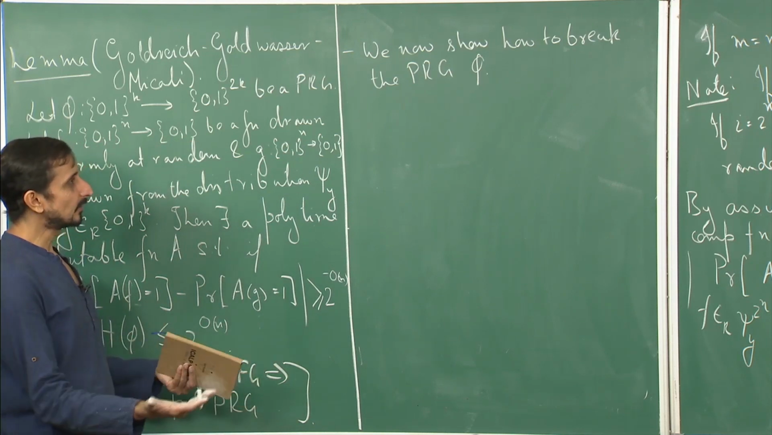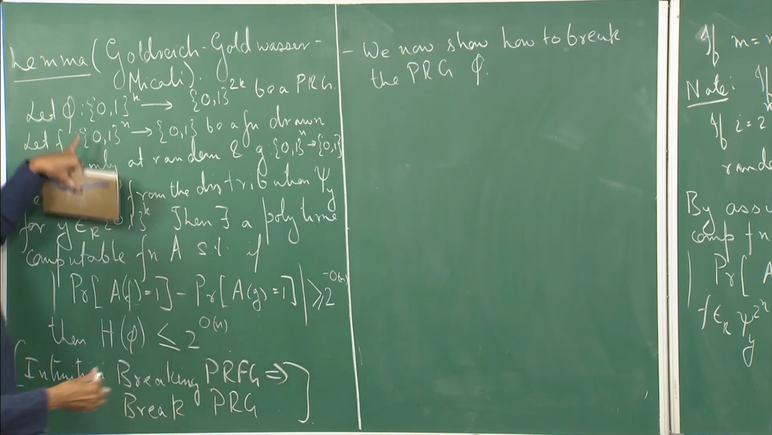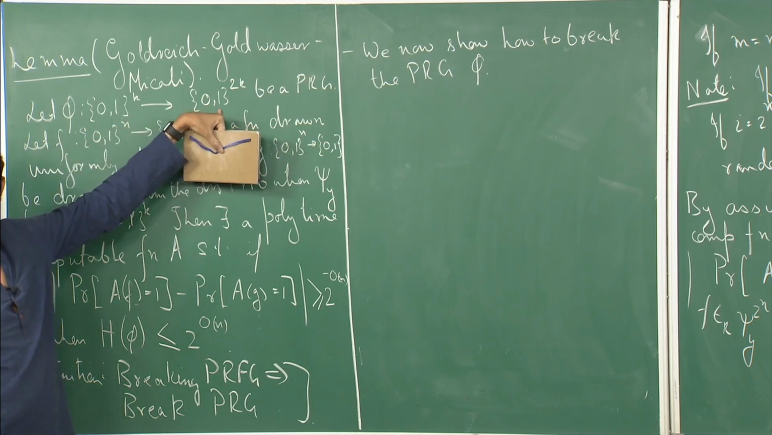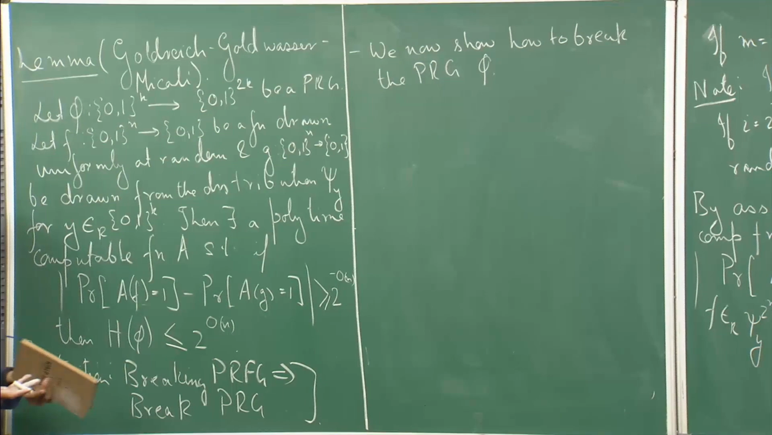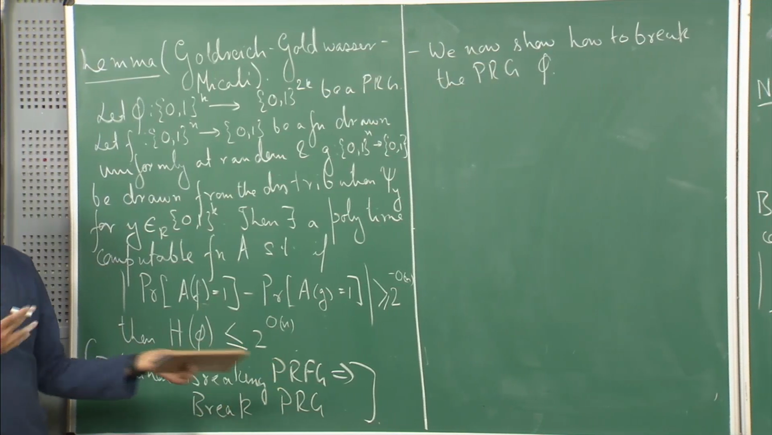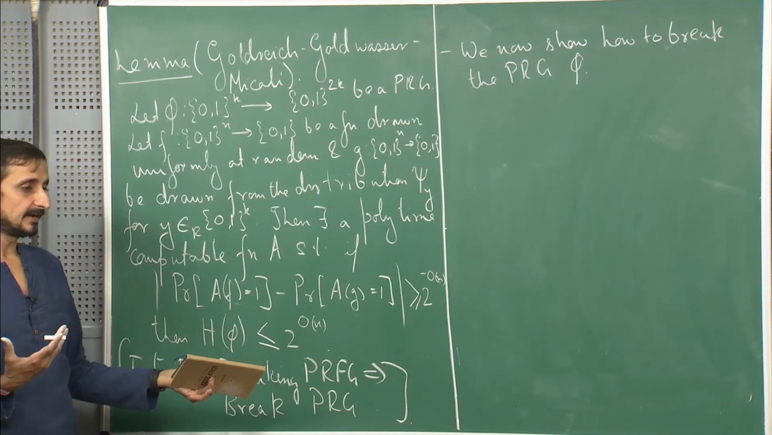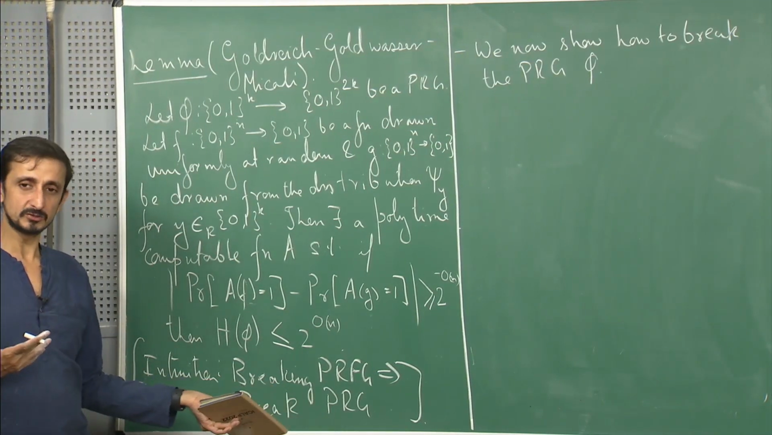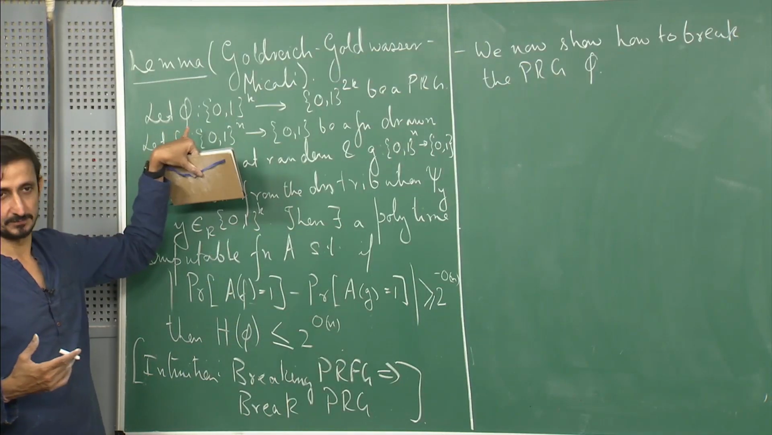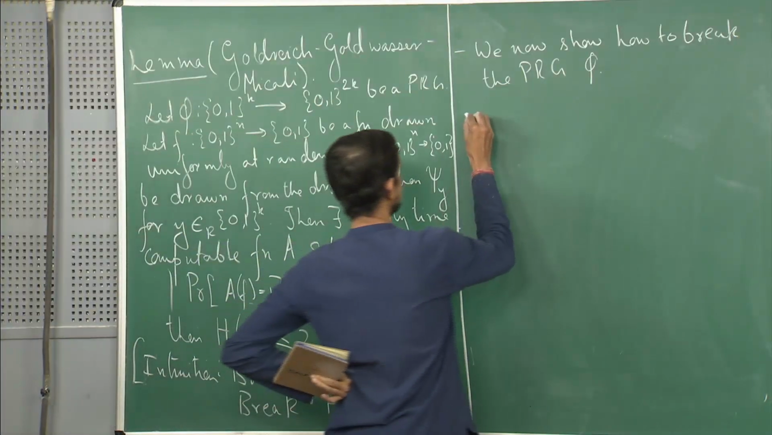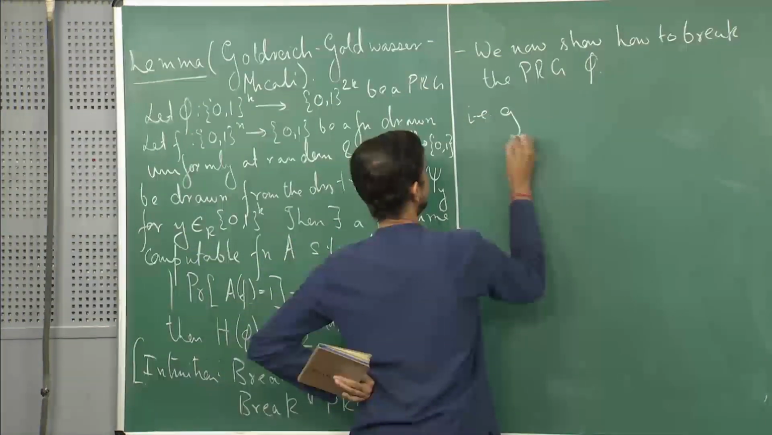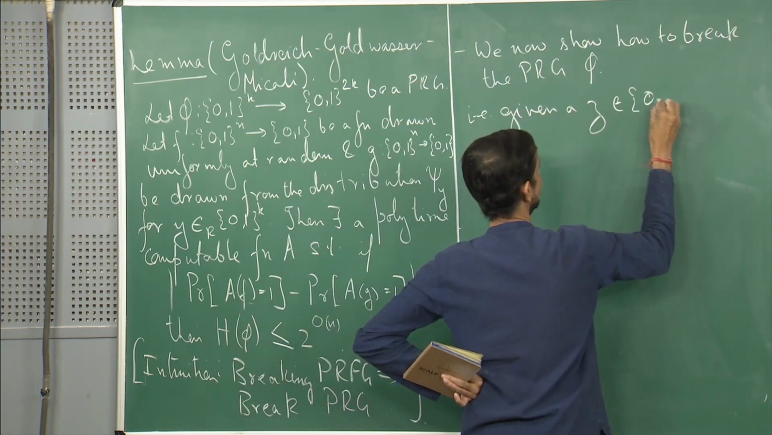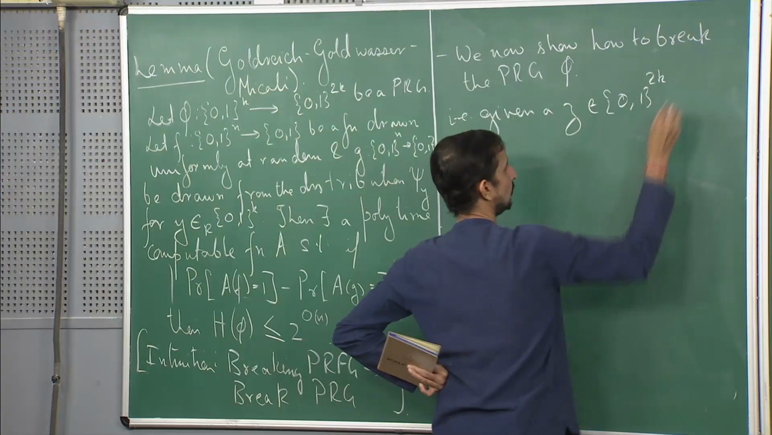Essentially what it means is that the pseudorandom generator takes a string of length k and produces a string of length 2k. So basically, if I am given a string of length 2k, I have to decide whether it is coming from a truly random distribution or it is coming from this distribution. Okay, that is, given a z belonging to {0,1}^2k,